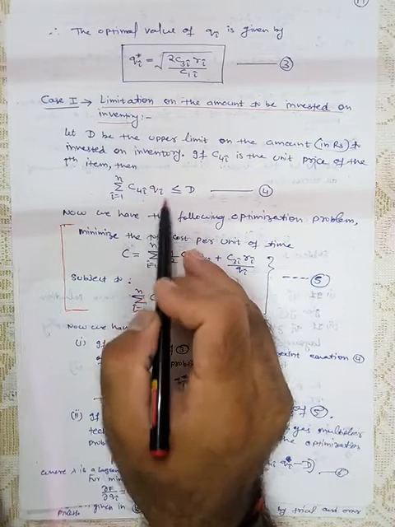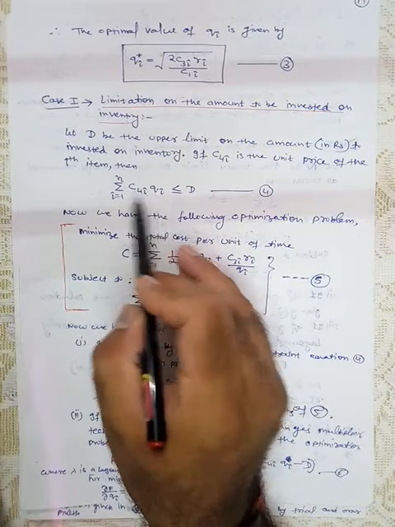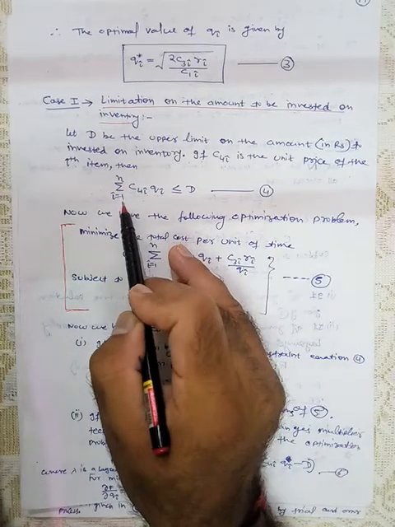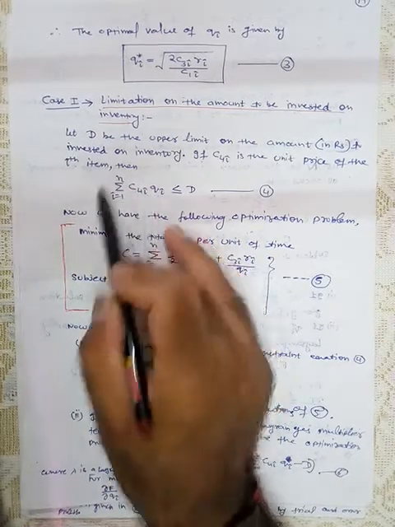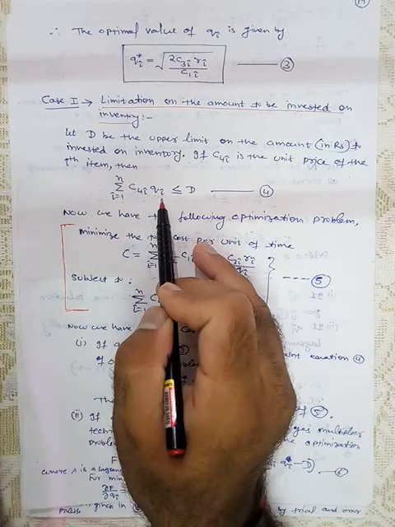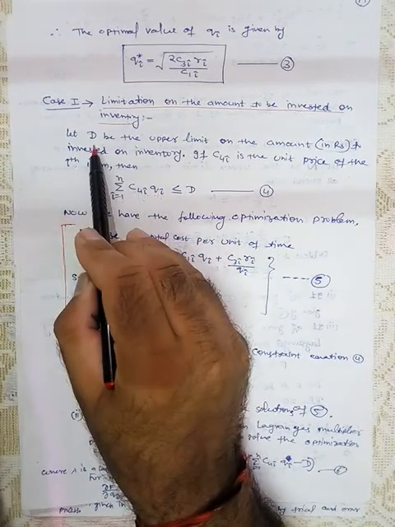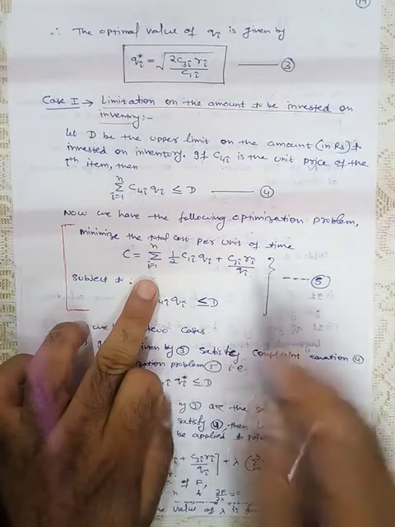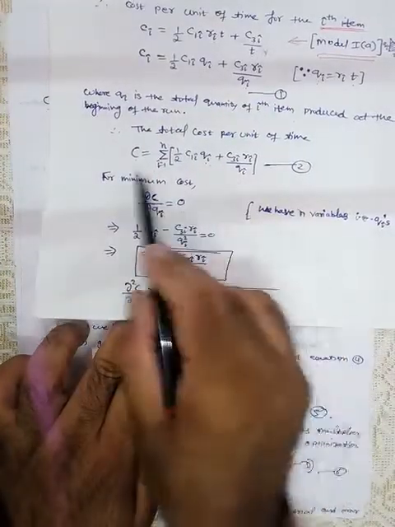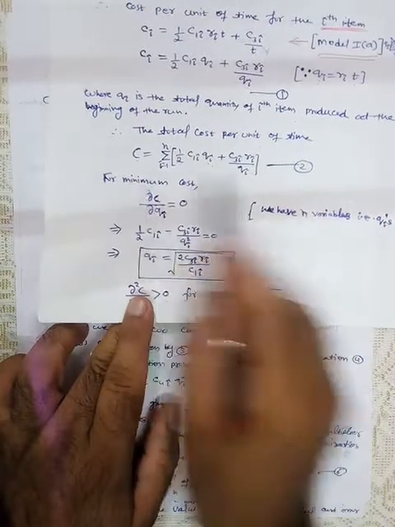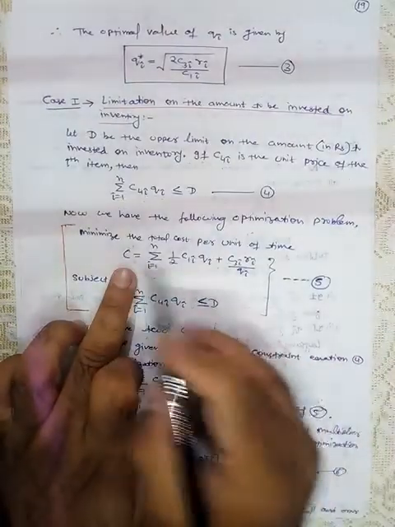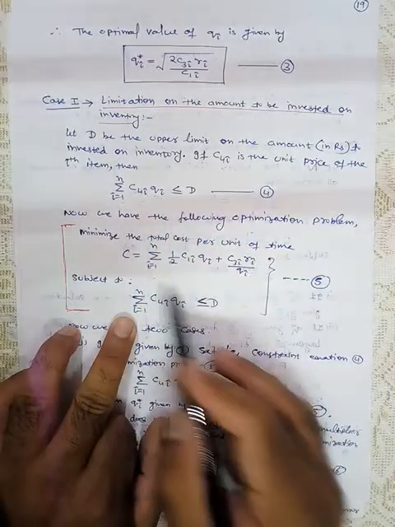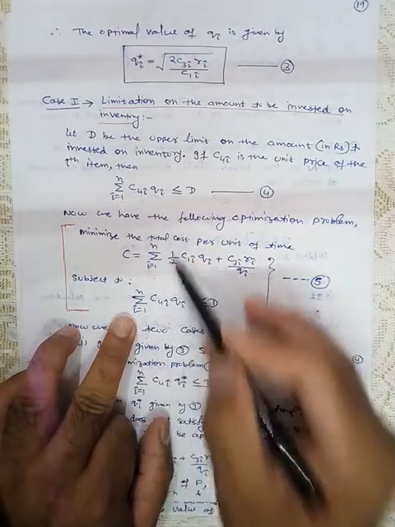The number of units purchased or ordered is Qi, so this will be the cost of the ith item, and there are n items, so i equals 1 to n. This is the total amount to be invested, but our budget is capital D, so this should be less than or equal to D. This cost is our objective function, subject to this restriction. This is our constraint. So now we have this problem.